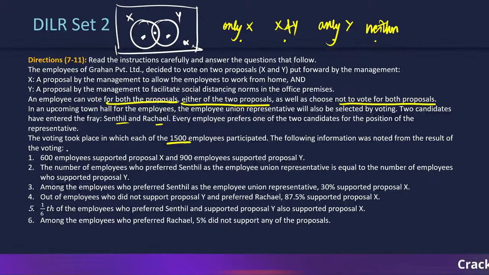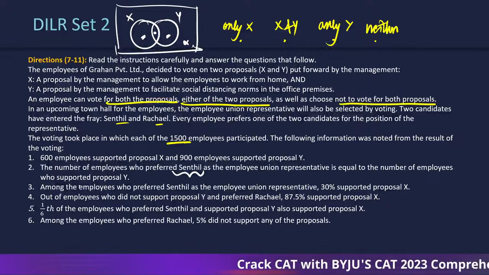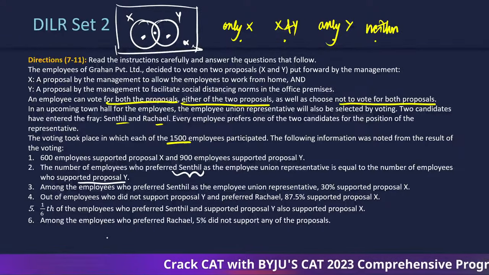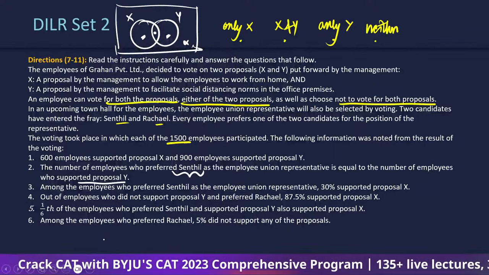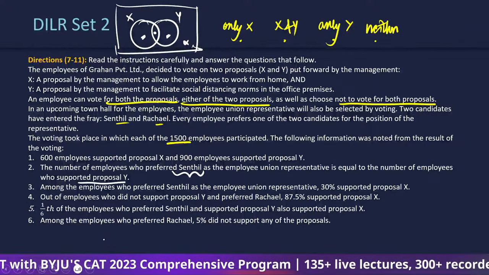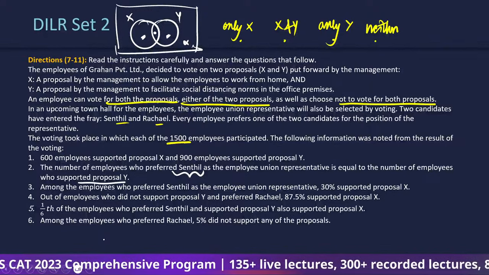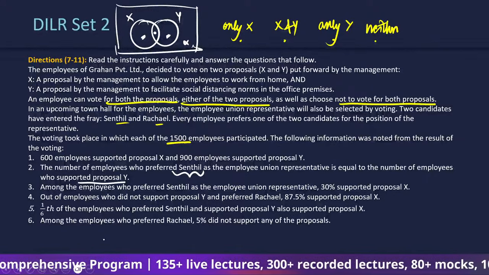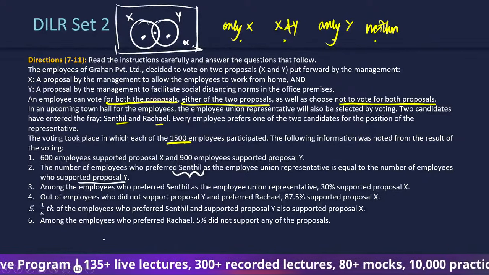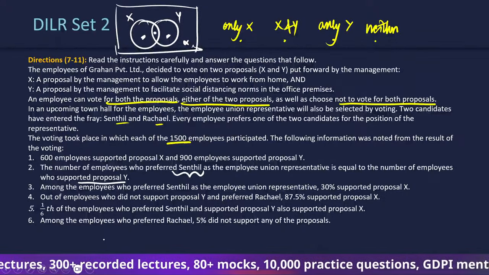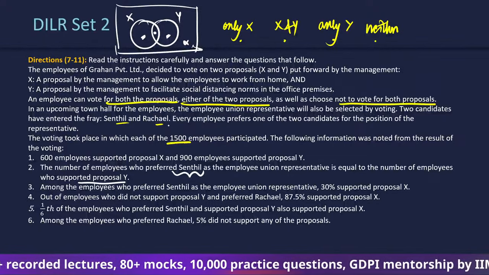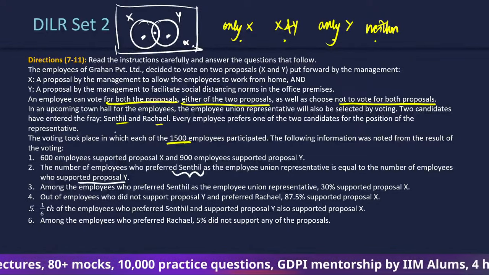But if you read the statements, it says the number of employees who preferred Senthil is equal to the number of employees who supported proposal Y. So now we have Senthil and Rachel also come in, which will have a combination of these. So either we should draw a four-set Venn diagram, which will not be easy because Senthil and Rachel are not going to intersect. They have nothing in common. The common part is between the proposals and not between the two